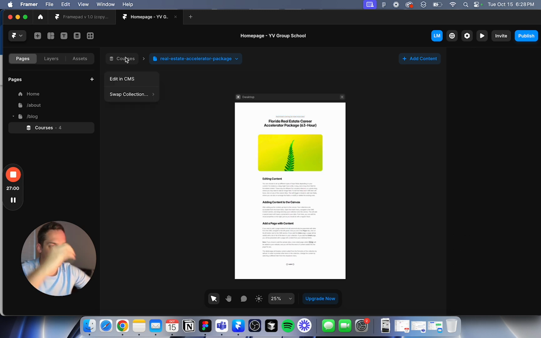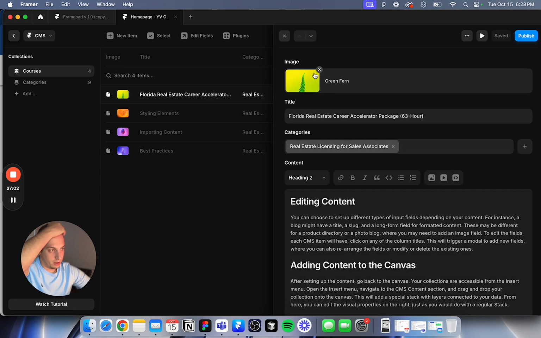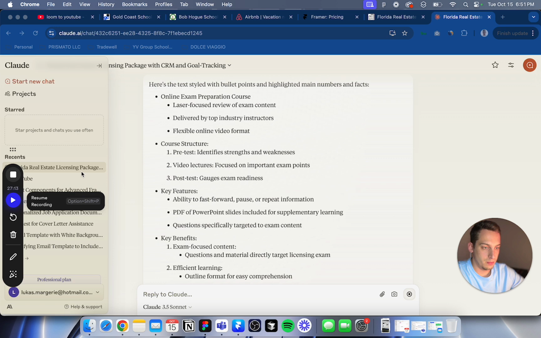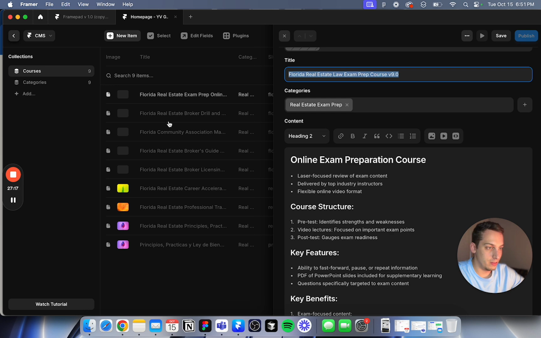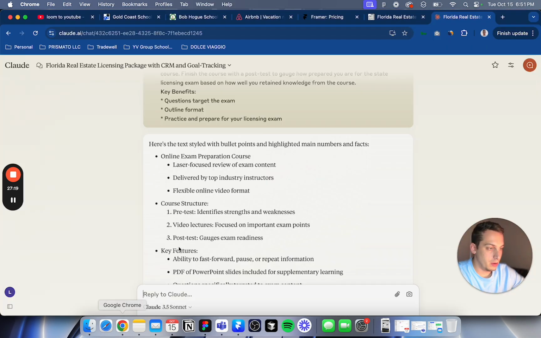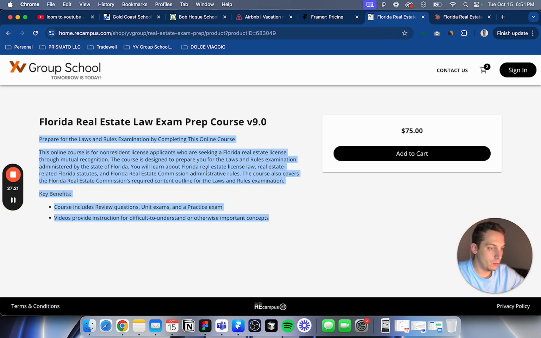So let's just add in all the information like I was doing before and replacing these images. And then once I'm done, once I have all of these courses here, I will press play again and we can continue together. So also what I wanted to show you guys, I'm still doing the CMS thing, but basically what I wanted to show you guys is that I'm trying to rephrase,